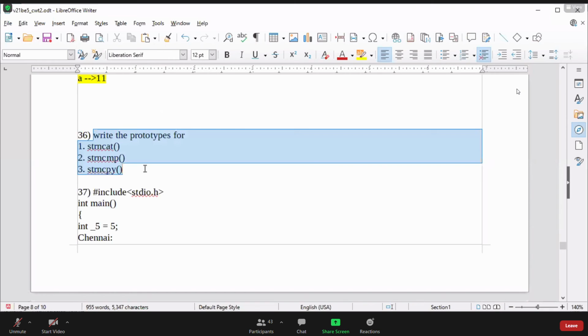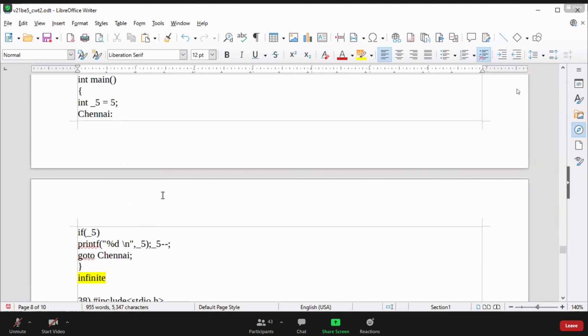Now the prototype of this user defined function. Prototype was given and explained in class also. Whenever you get a question on prototype, you have to write accordingly, but many students are not able to write it. Even if you have at least written something like source string, destination string, for that also partial marks are given, but some of the students are not able to write which type of argument needs to be passed in that function. So that is not good. At least the basic thing you should know: which type of arguments we need to pass in which function, and how many arguments are required. So try to practice on that.